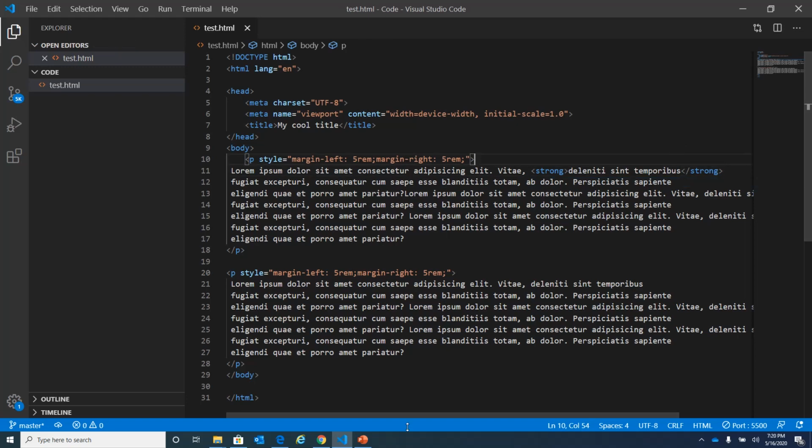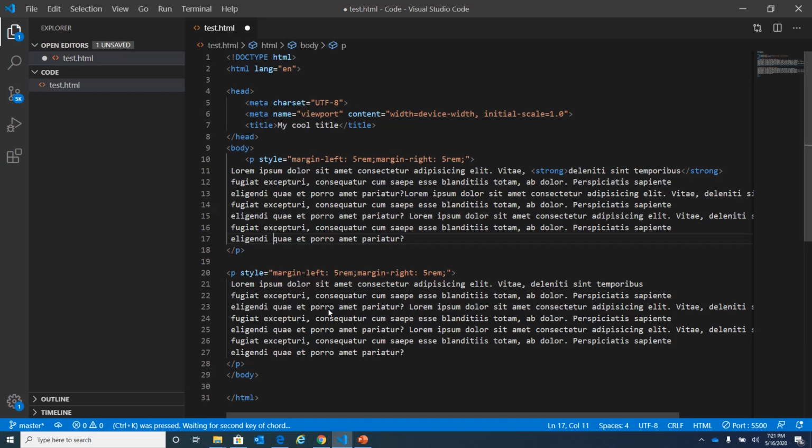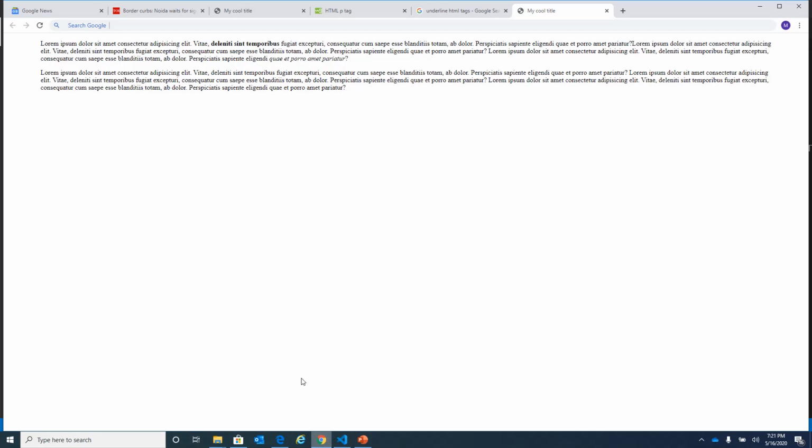Fine. Again, for italic, as the presentation says, for the italic tag, we should use em tag. That means emphasis. We want to emphasize something. For that, we have to use em tag. Now, for example, I want to make this content italic, or I want to emphasize this one. So how can I do that? The same way, em. I will use em for emphasis. Okay, save the changes and see the web page. We can see that it has come into italic.